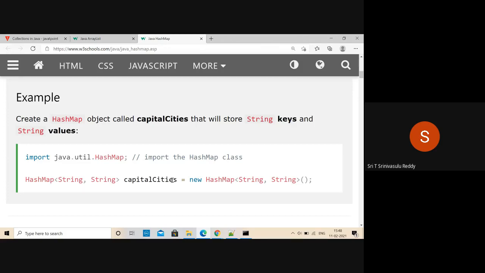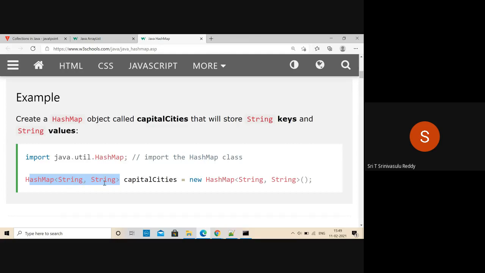But how are you going to use it in Java? This is how it is. This is available in the java.util package. So import java.util.HashMap, or star, and everything will come. And then how are you going to declare this? In order to declare this, you say HashMap of. Because there are two things, key and value. So what is the data type of the key? What is the data type of the value? You have to specify. So you are saying here, both are strings: HashMap of String, comma, String. For example, in our case, you want to search based on a name. So name is a string here.